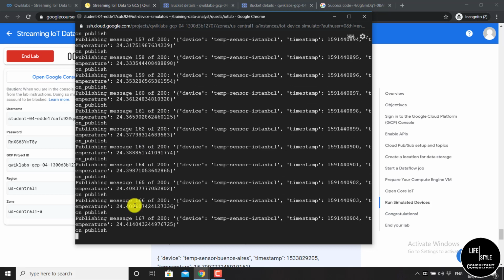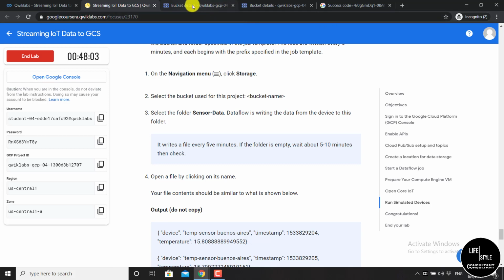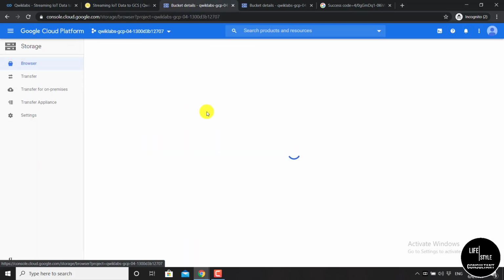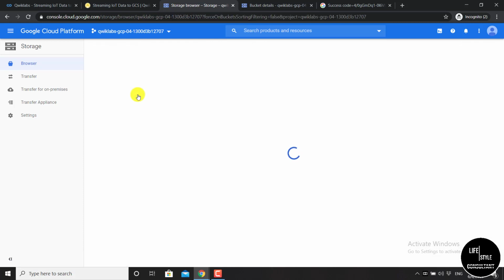You can see the file is creating. It will create around 200 files. It's 170, 171, 172, 173. Okay, you can see it has written all the files. So I need to go our storage tab, then click here browser, then click on our bucket ID,